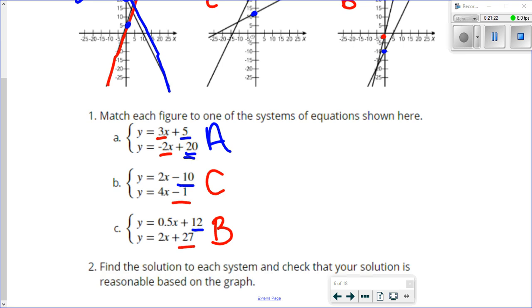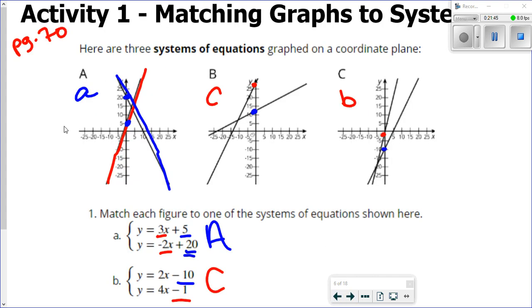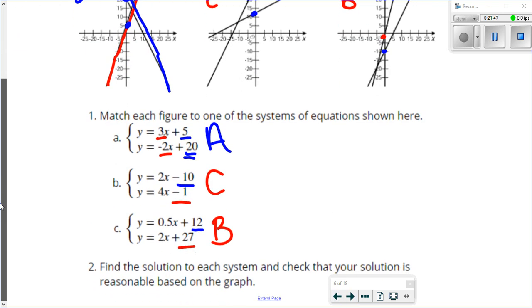And in fact, you've been solving equations algebraically for quite some time now. We just need to think about how we can relate this now to the system and make the two equations one to solve it algebraically. So let's go ahead and do that now. You have plenty of space on page 70 to show your work. Okay. So if we take a look at system A, I know that I can just take what